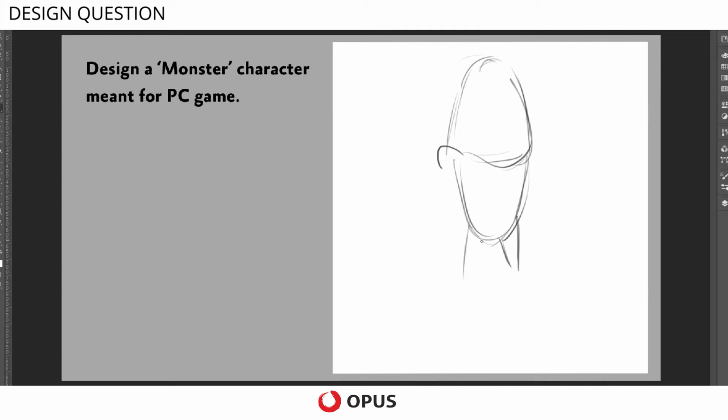It can look as weird as possible, and that is why these character sketches are given, to see and explore your creative sense and your imagination,